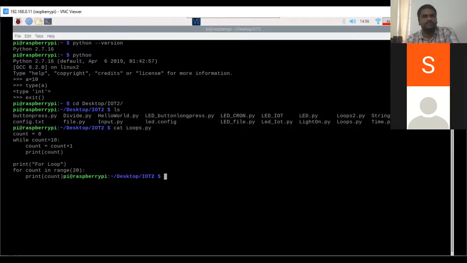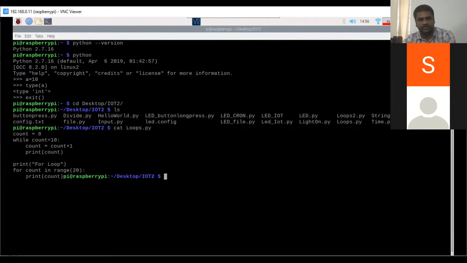See here, I have a counter of 0. This counter will be printed from 0 to 9. Every time I'm incrementing by 1, so counter is equal to counter plus 1, while counter is less than 10. So we are incrementing and I'm printing the counter. Okay, this is a while loop.